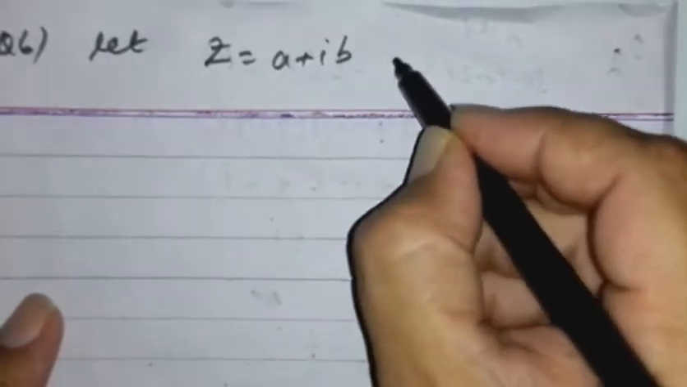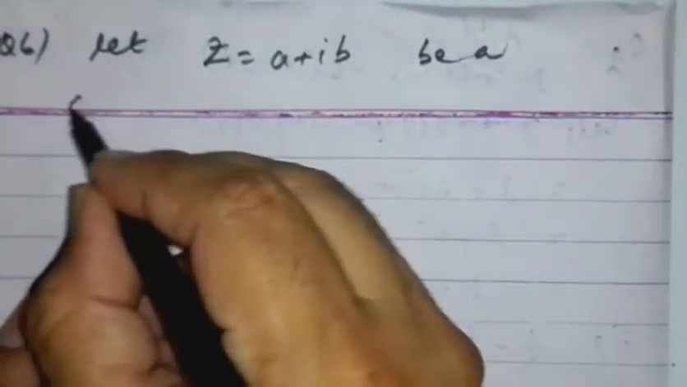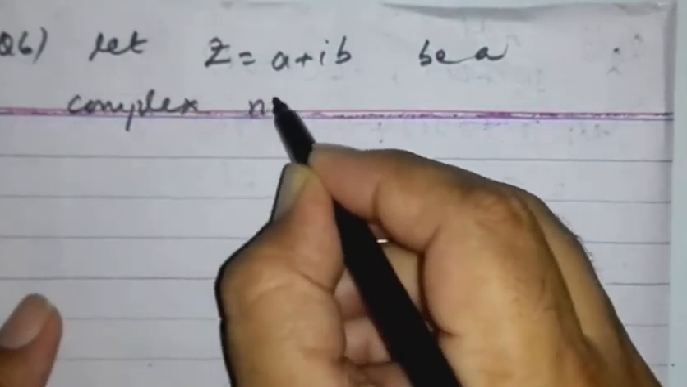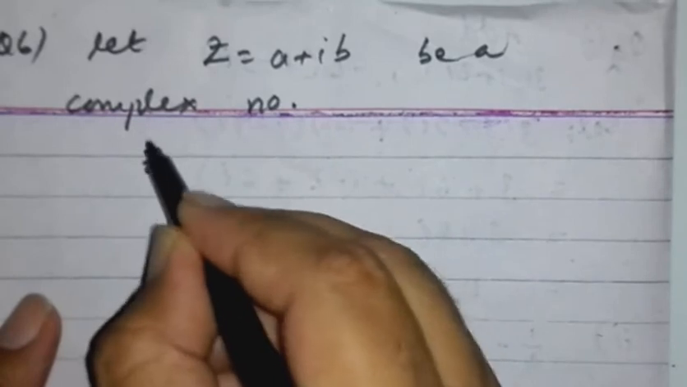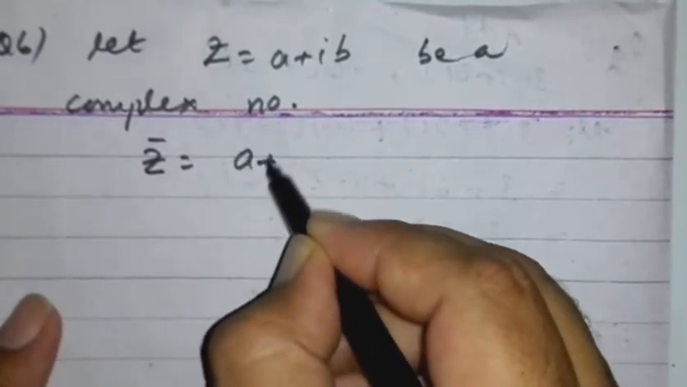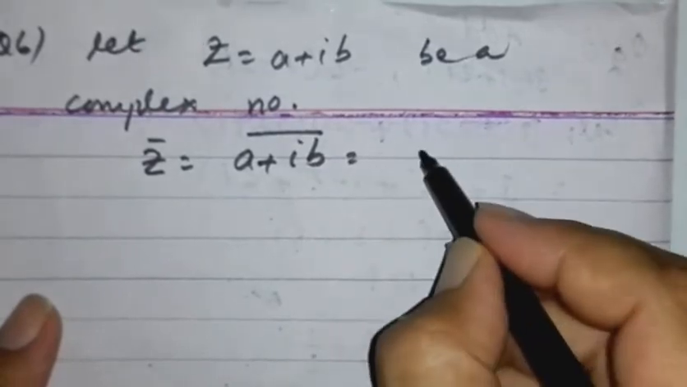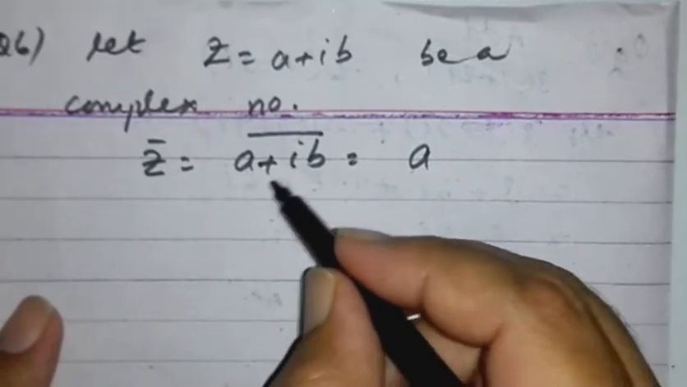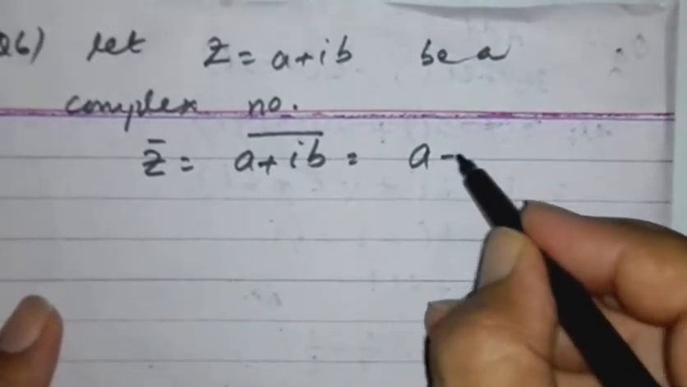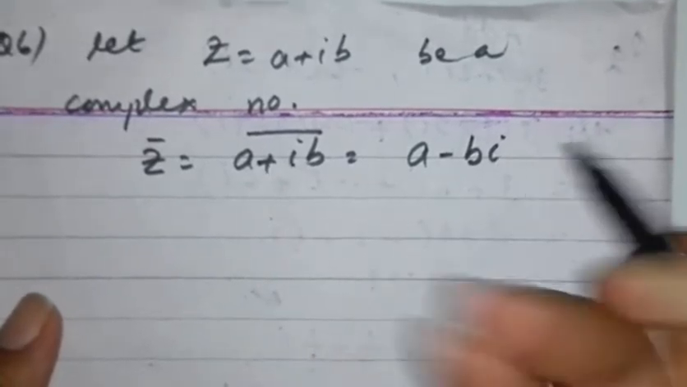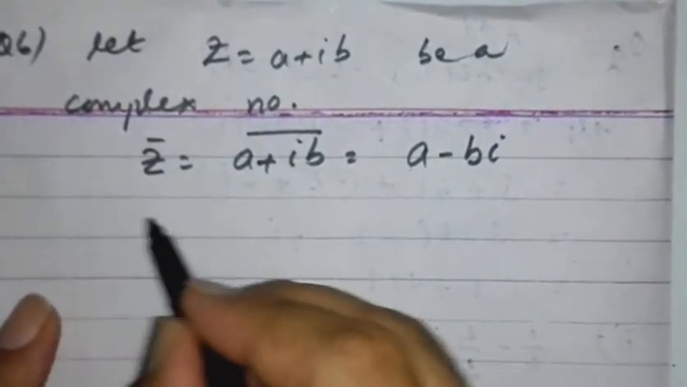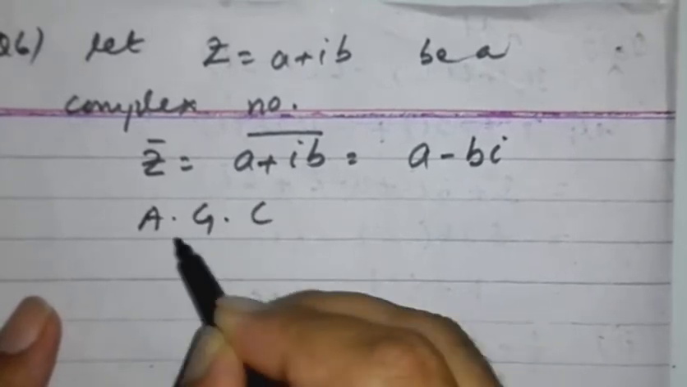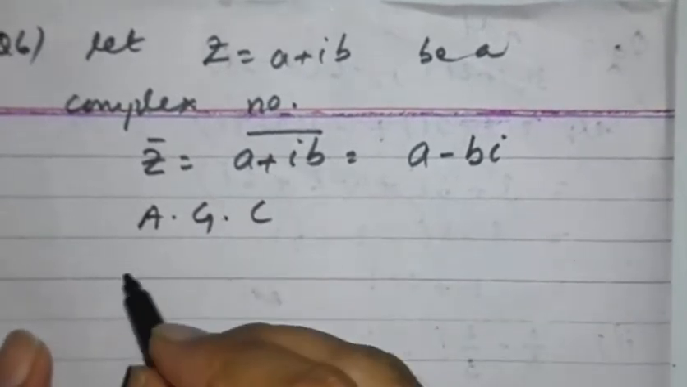Let z equals a plus iota b be a complex number. So its conjugate will be z conjugate equals a minus iota b. The conjugate sign changes the imaginary part sign. If it is plus, we will write here minus, and if it is minus, then we will write here plus. Now according to the given condition, the sum